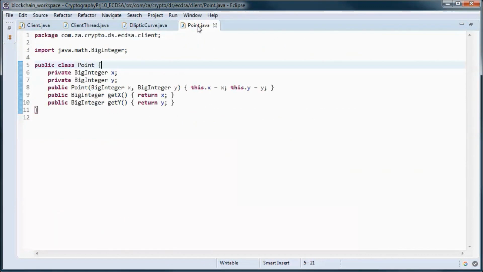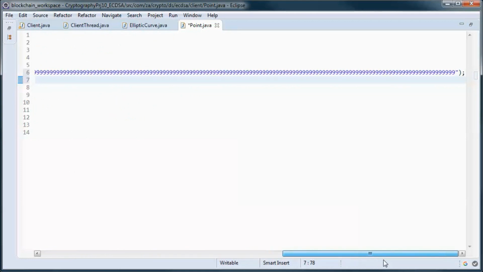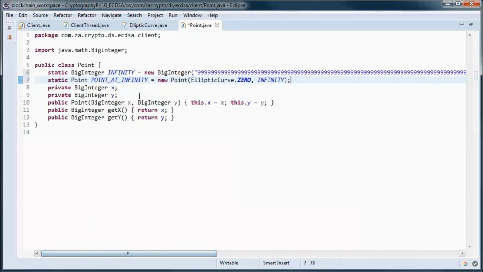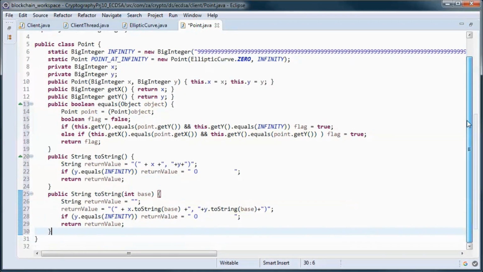And here let's define infinity as being this huge number, and the point at infinity has infinity as its y coordinate, and we will have those equals and two string methods.